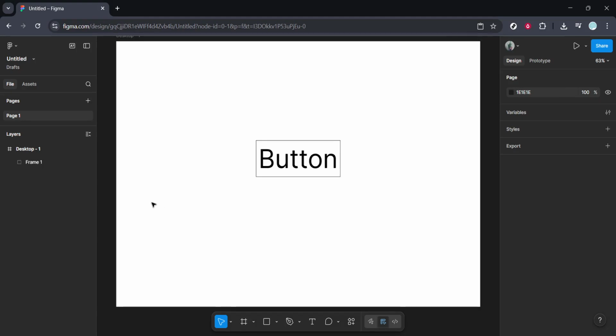In today's video, I'm going to teach you how to remove auto layout. Auto layout is an incredibly powerful feature in many design tools, especially when you're building responsive interfaces or components that need to maintain consistent spacing and alignment. However, there are times when you need to step away from its automatic constraints and gain full manual control over